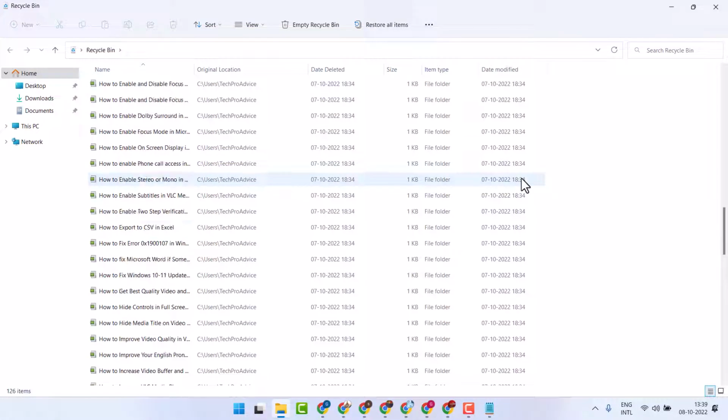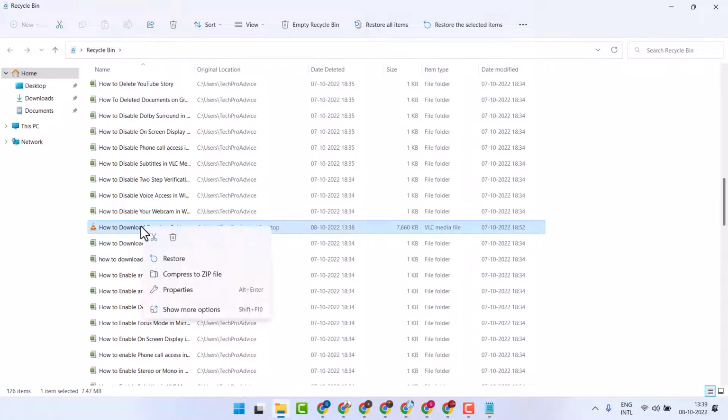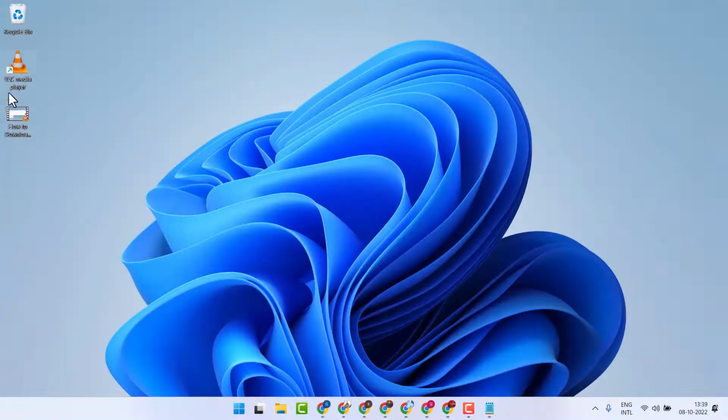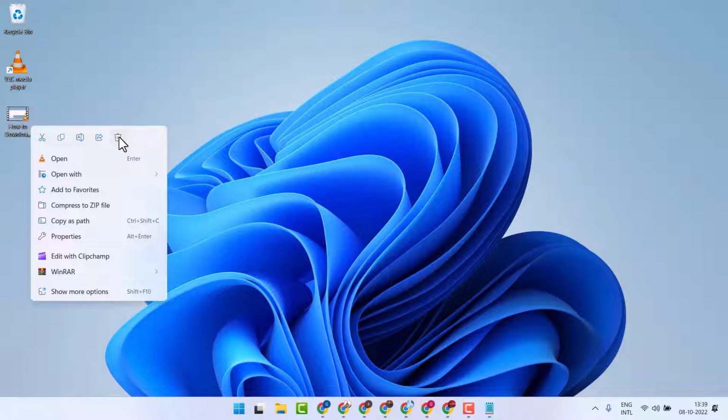So if you need to restore any file, right click on that file and just click on restore. Now close, so you will see your file is restored. Like this, first delete,